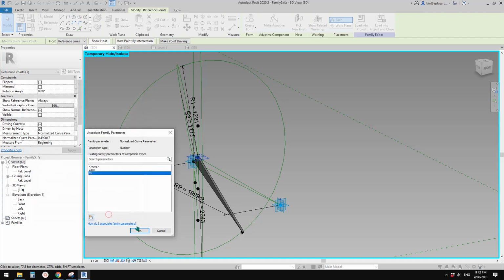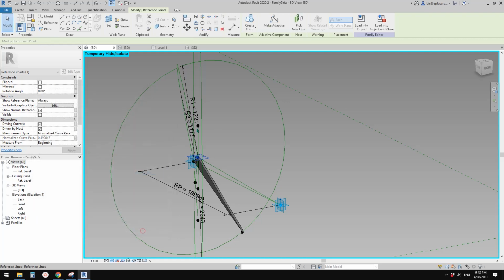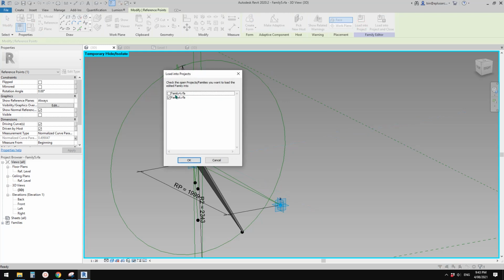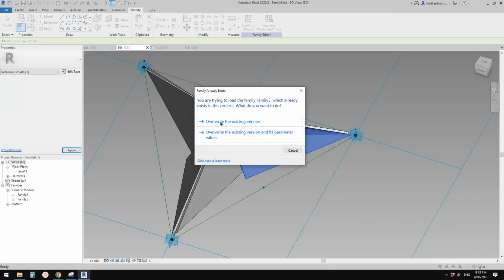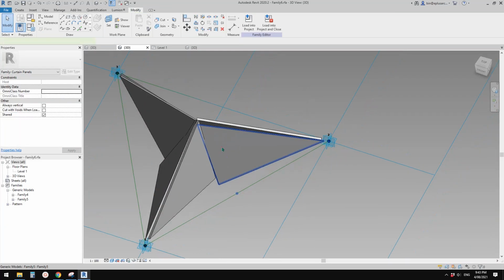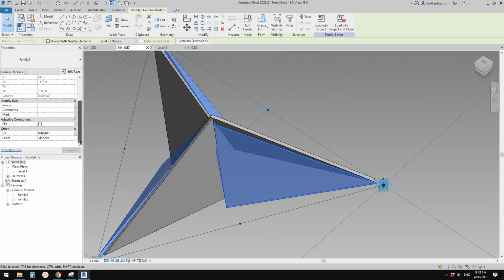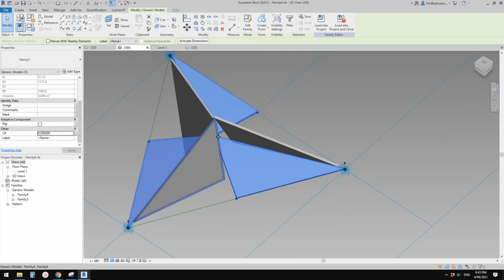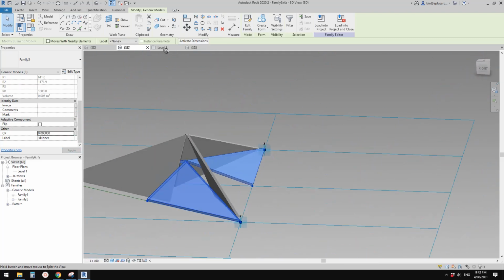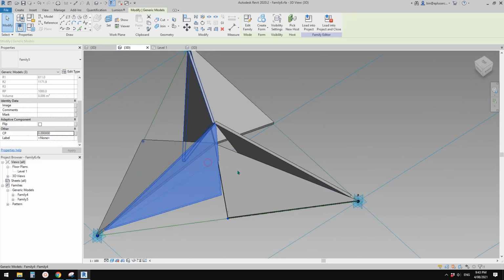Instance, and okay. And load this into the family 6 and override. So it's here, so we can control it. So 0 is when it's closed. And because these two,